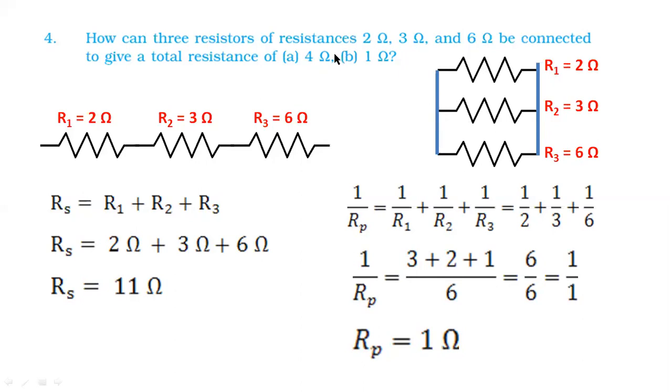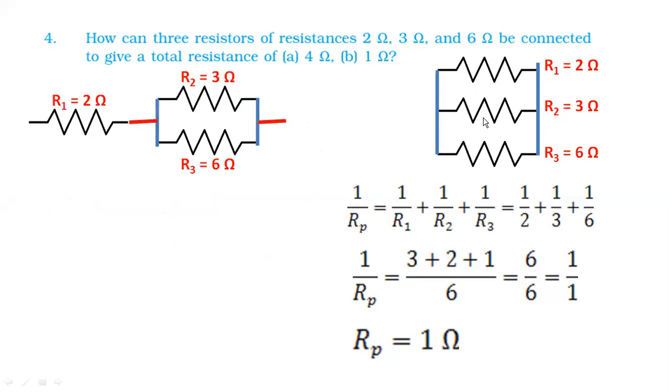We are still, suppose we still need to solve for 4 ohm. How to get 4 ohm? Till now, we have tried two things. We have connected them in series. Okay, so that answer was not applicable for our question. We connected them in parallel. Okay, so we got answer for one subbit, but still 4 ohm is remaining. Now what I will do, I will connect one in series and two other I will connect them in parallel. Like this.